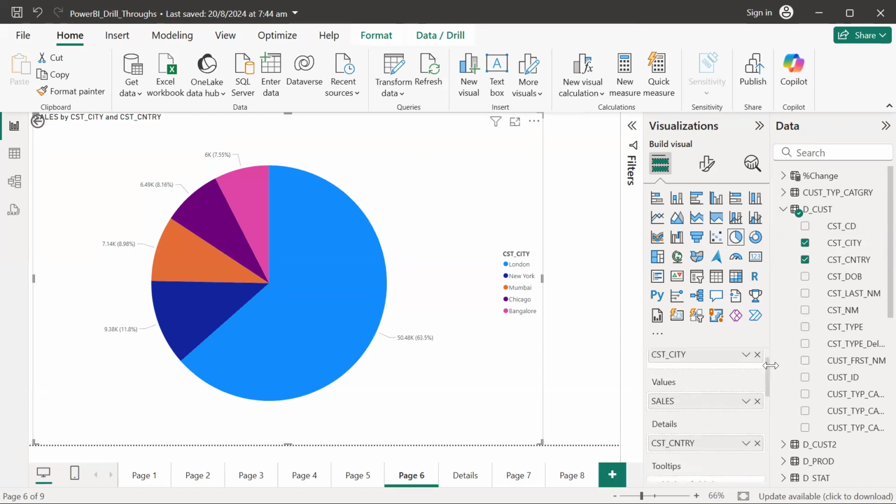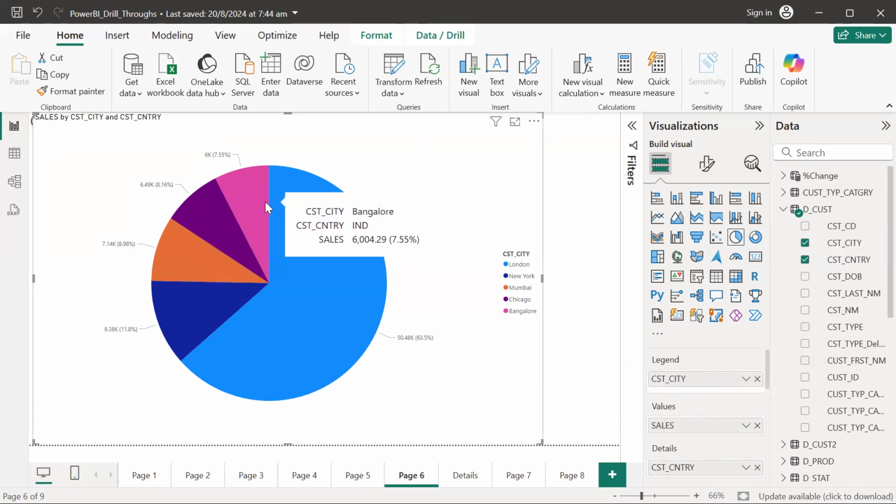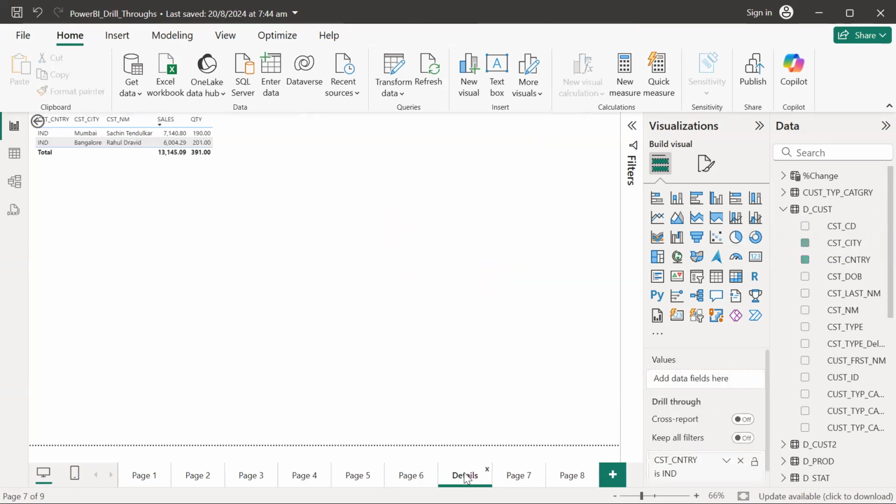So the legend we are using is customer city. So we are getting each customer city-wise data and country-wise data. And this is one drill down. And if I go back to the details, it will show the customer country, city-wise and name-wise